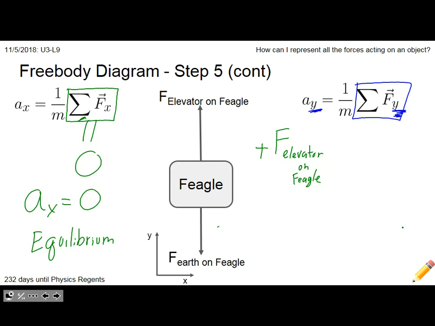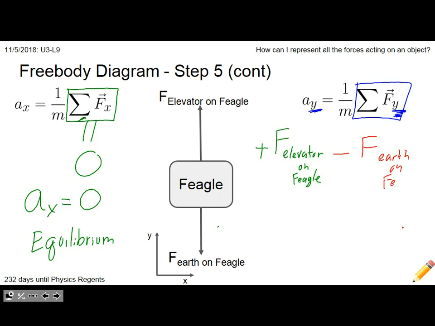I could take this whole situation and make positive y point down, and then we'd have to switch what was positive and what was negative. So it's both pieces. It's like, remember for acceleration and velocity, are you speeding up or slowing down? It was, are they in the same direction or in opposite directions? Similar idea here. So you have to look at both the original and your coordinate axes. But at the end of the day, we get that it should be minus force of Earth